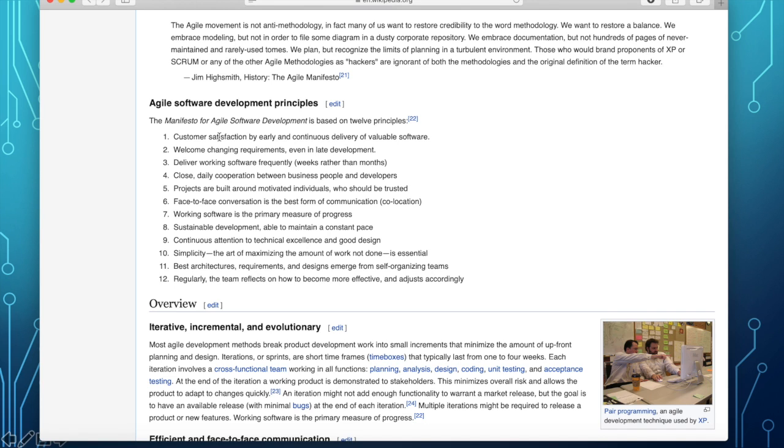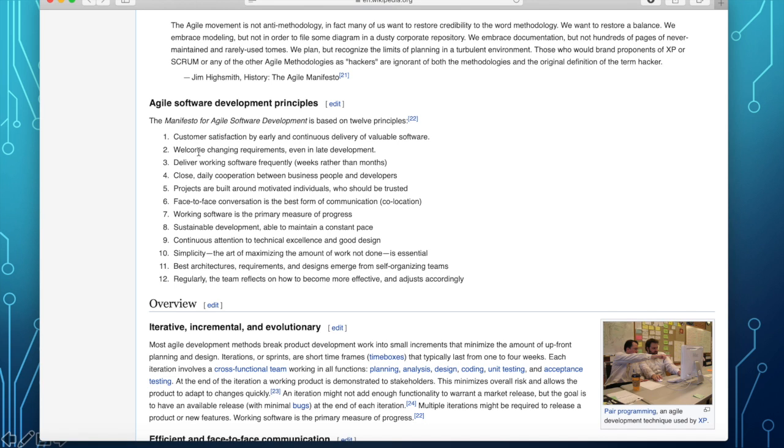Okay, so look at the first agile software development principle: customer satisfaction by early and continuous delivery of valuable software. So that's where the client is involved in the team by continuous communication with them of what's going on. So they're always part of the development by giving you directions whether you are proceeding correctly or not.